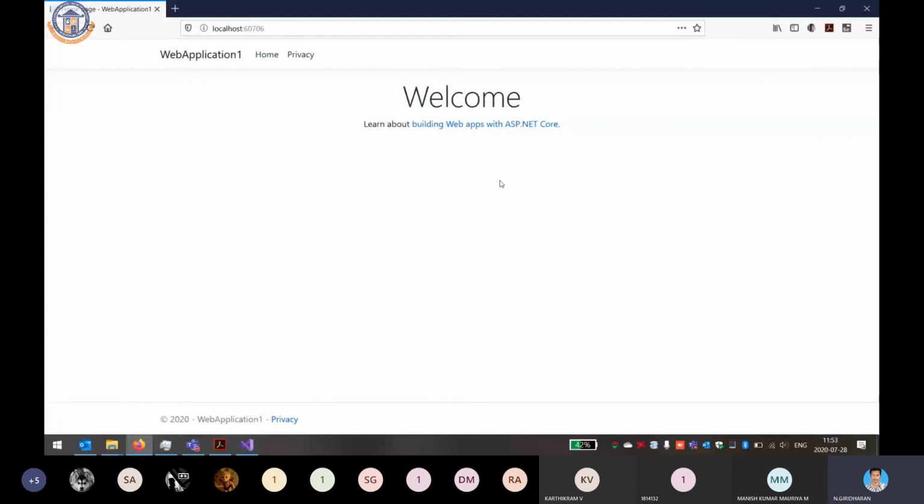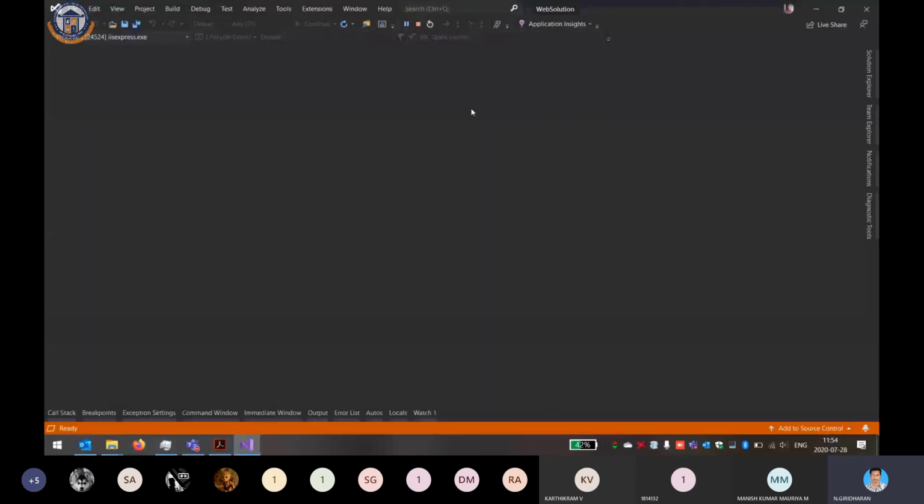This is the web application we have running right now. So, privacy page, home page. It is the default layout which is created automatically when we create a web page.